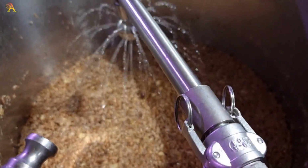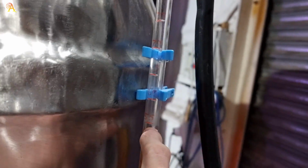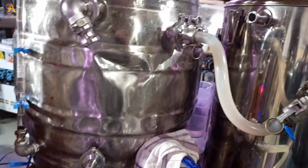Right, so we're nearing the end of the sparge, and it's a lovely colour. Can't really see from here. So I'm bringing it up to 65 because I know I'm going to get a boil off of at least 10 litres. It's a 90-minute boil. So drop me down to about 55, and then by the time it goes into...